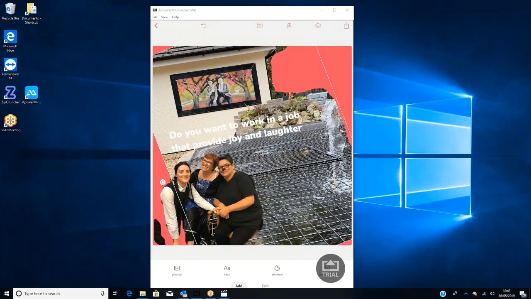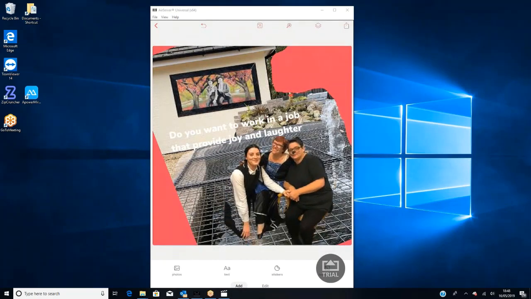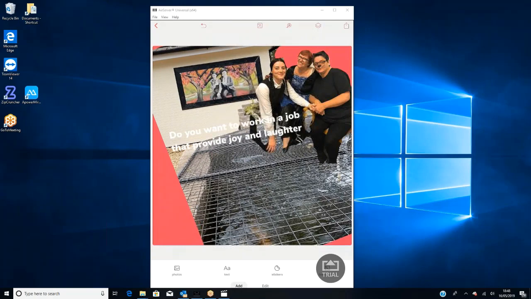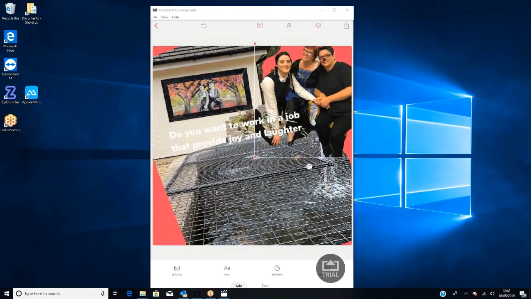I can do whatever I want to it just by touching, and that's why I love the iPad, because there's no fancy tools here. I'm using my fingers and just resizing, but you can see straight away we can move anything we want across the page. I can pop them to there. I can pop them up here if I want, and you can see how easy it is. So I'm basically giving away all my tips here, so hopefully you're looking at it and you're going, yes.